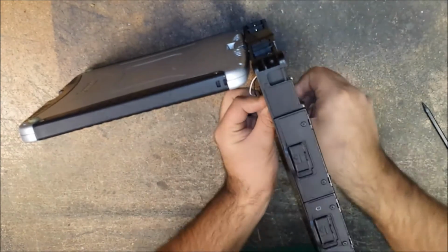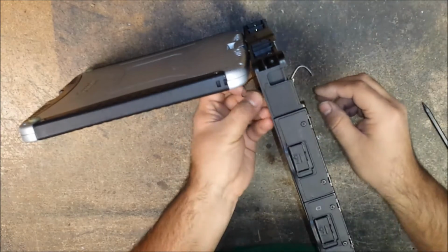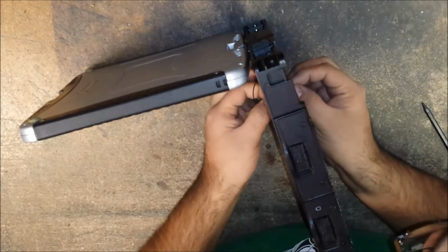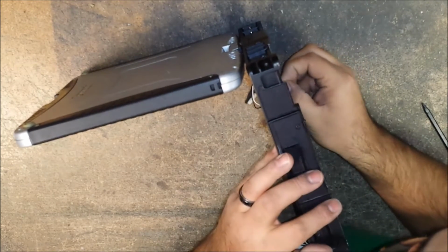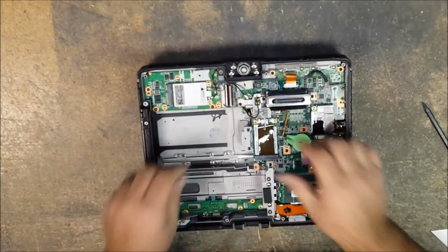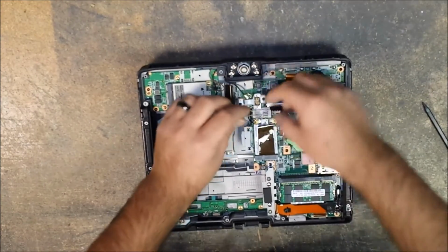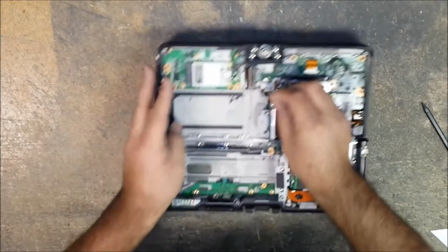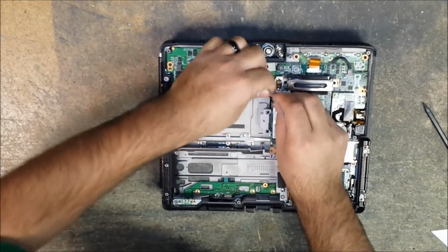Okay, so I run the white one on its own first. Get that out of the way. Get the black one over here. And the black one you can actually just, as soon as you get it over, get it through, go ahead and plug it in if you want. I like to feed it all the way through. White one goes first onto this little clip, wire organizer thing. Don't know exactly what that's called, but